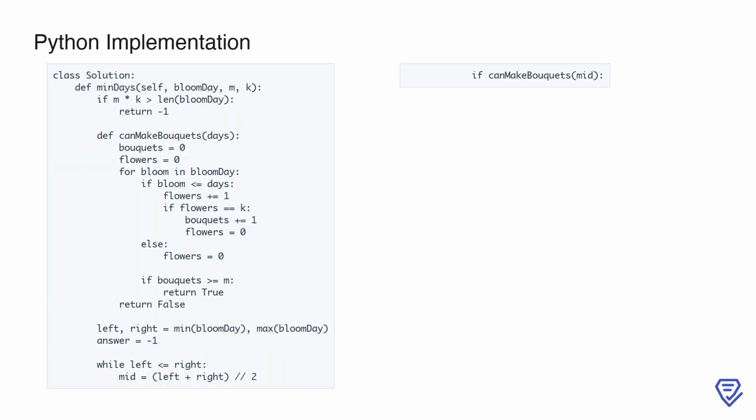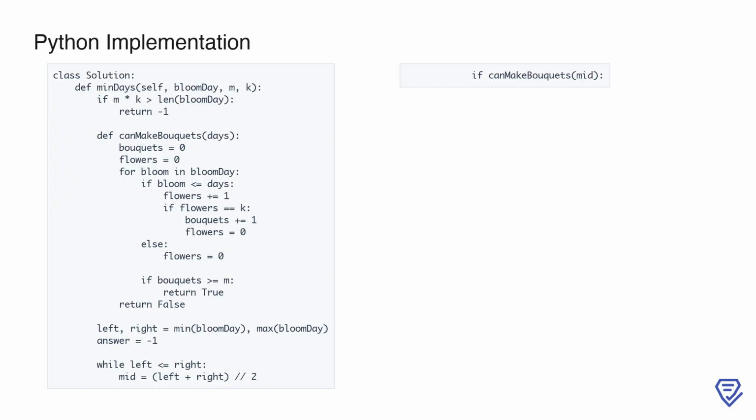In this implementation, we start by defining a class called Solution and a method named minDays within it. This method takes 3 parameters: bloomDay, which is the list of integers representing the days on which flowers bloom, m, the number of bouquets we need, and k, the number of flowers required per bouquet. First, we perform a quick check to see if it's even feasible to make the required number of bouquets, based on the total number of flowers available. If m multiplied by k exceeds the length of bloomDay, we return -1 because it's impossible to meet the